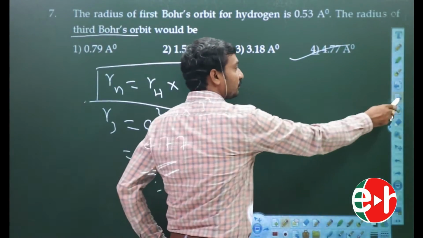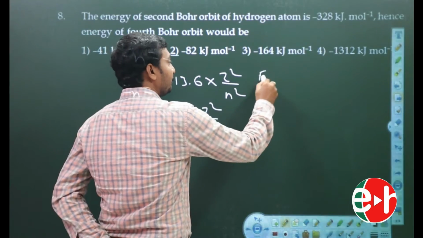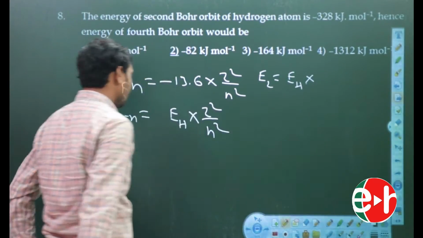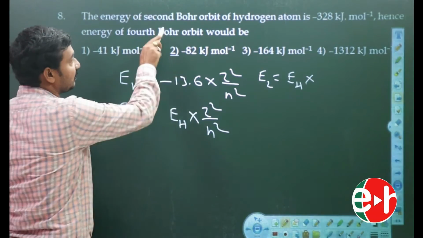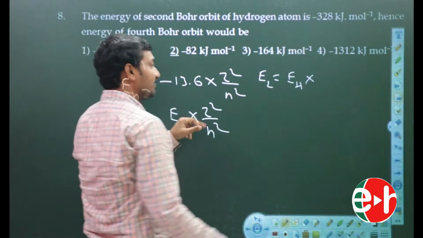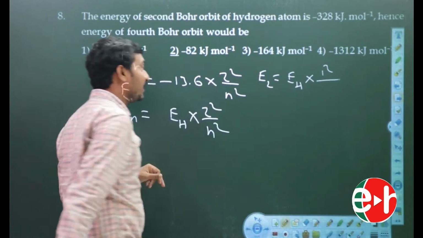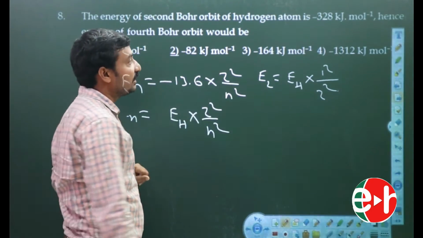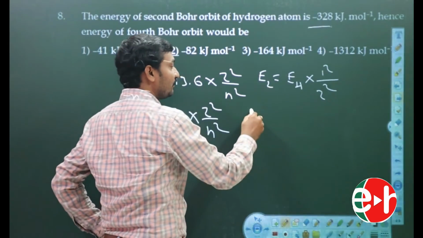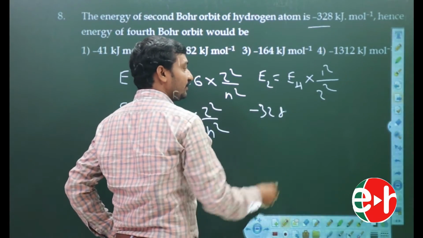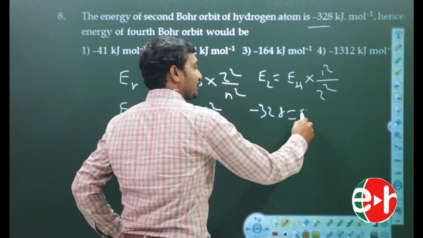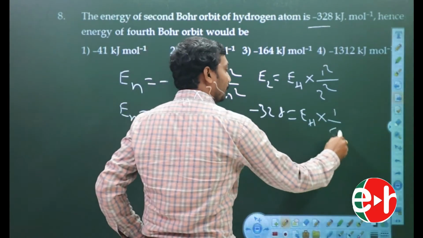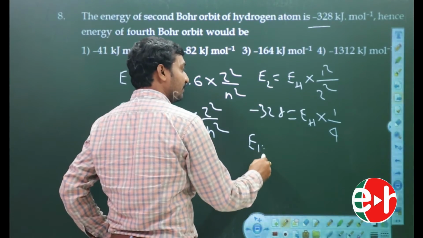Next one. For the second orbit, E2 is equal to EH into z value of hydrogen atom, Bohr's orbit of hydrogen atom. So z value 1 square by second orbit, so 2 square. Now E2 value is given as minus 328, equal to EH into 1 by 4. So EH is equal to